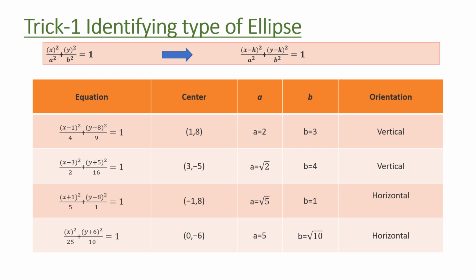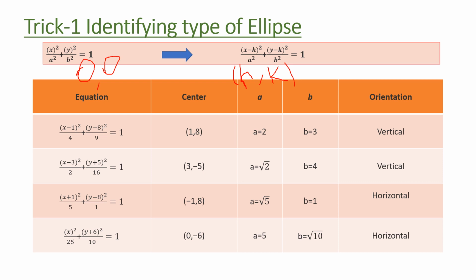Let us try to identify the types of ellipse. For that we have standard equations as x square by a square plus y square by b square equal to 1, which is converted to a special form in some cases when the center from 0 0 is changed to h comma k. Here we can see that center is 0 0 and when it is changed to h comma k we will get this equation. If it is h comma k, then we will have x minus h whole square by a square plus y minus k whole square by b square is equal to 1.